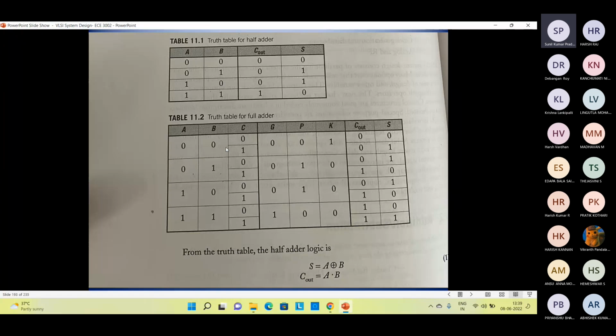Similarly, for the truth table of full adder, all the four combinations of A, B are generally taken. So that is 0 0, 0 1, 1 0, 1 1, just like we take the combination of two inputs A and B. Here also the same combinations we have to take for the two inputs. Along with this, the extra input is also given. So